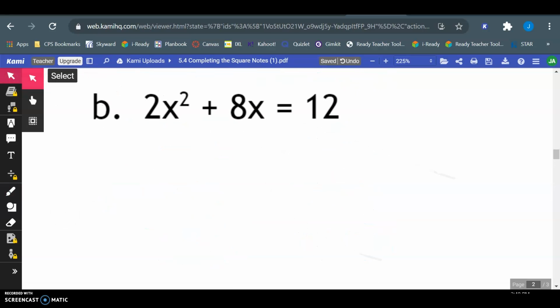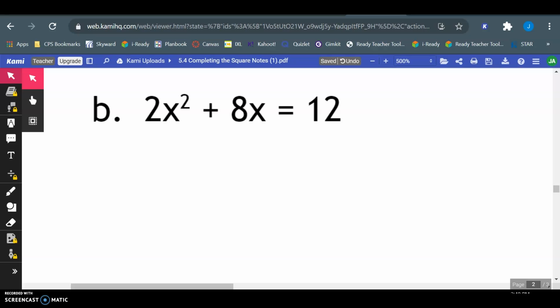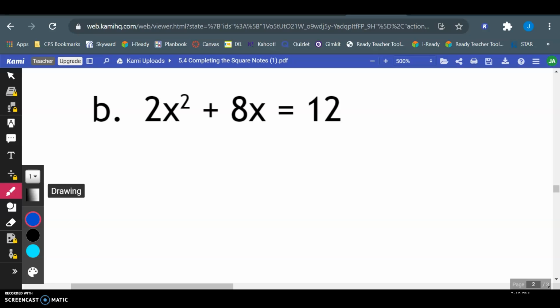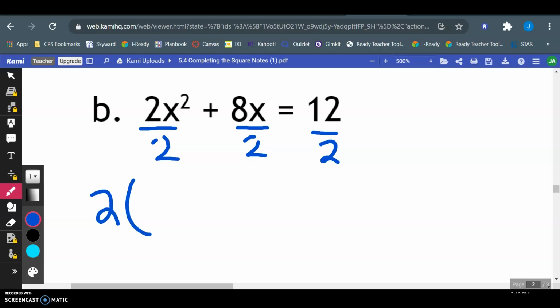For part B, this one has a coefficient, so I'm going to show you how to do that now. All right, so step one, collect all the variables on one side and the constant on the other. That part is already done here. Step two is to get rid of the coefficient, the a value, so the coefficient of x squared, which we have a 2 here. So I'm going to divide everything by 2. So I'm taking out a 2. I would be left with x squared, 4x,